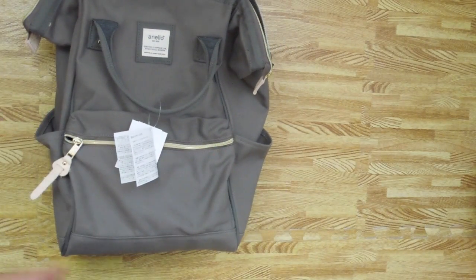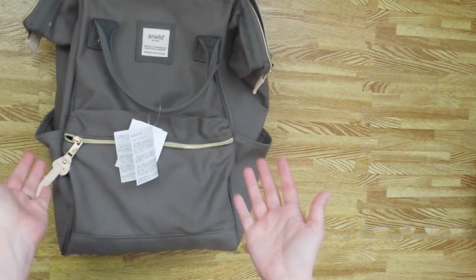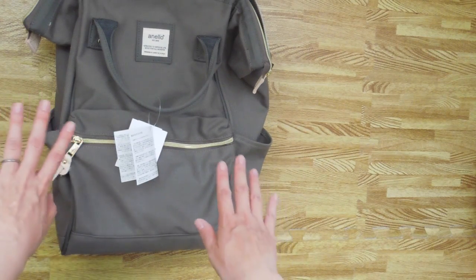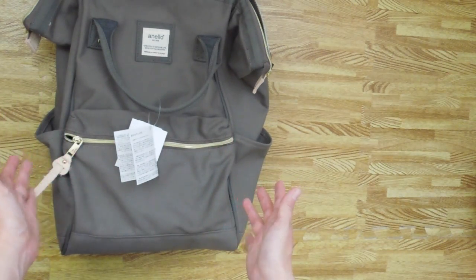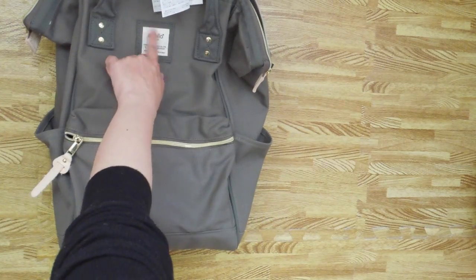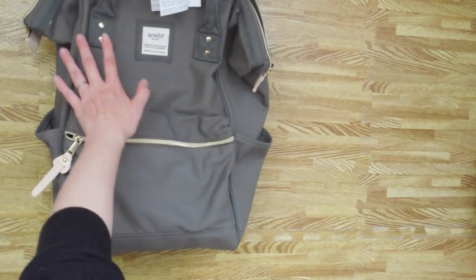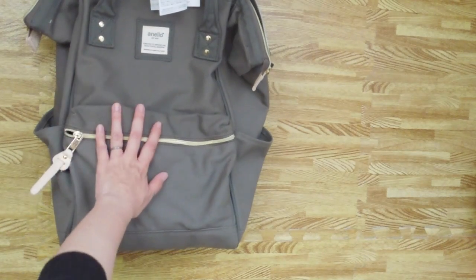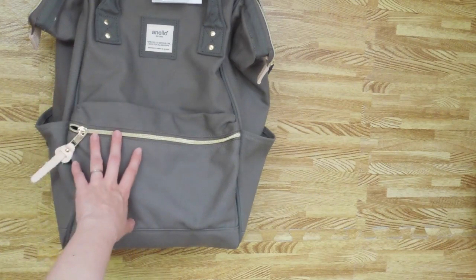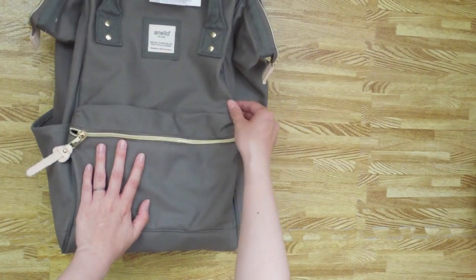So that was my first impressions of the Anello bag. Overall, I'm really happy with the purchase, especially because I was able to purchase it at a good price. It was on sale. Just please make sure you purchase it from a reputable place, because there are fakes, and I think the brand was mentioning the fakes, like you can see the stitching is not really good and things come undone really easily, but looking at this and purchasing it directly from Amazon, I feel confident that it is the real deal, and really happy with this